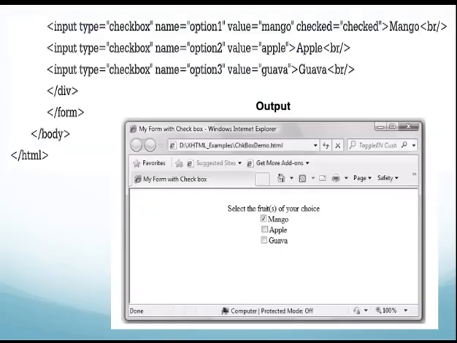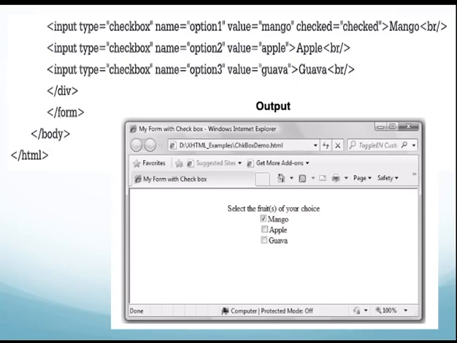So here see what I have written, how I have created my checkbox. For the first option I am writing input type is equal to checkbox, name is equal to option1, value is equal to mango, checked is equal to checked. I've given checked is equal to checked. If I write checked is equal to checked, that particular option will be selected. Then close the tag, and what I've written is mango. So mango is my first option. Okay. Then the BR tag for the new line.